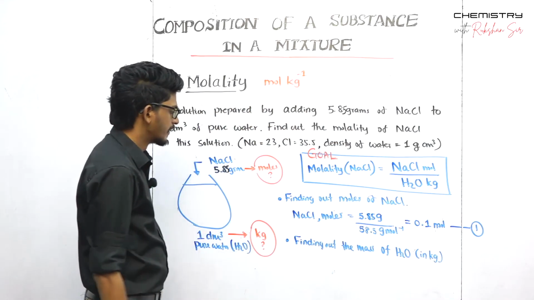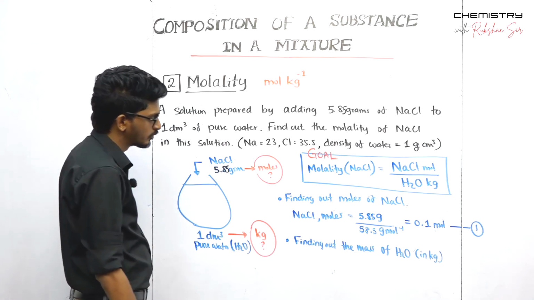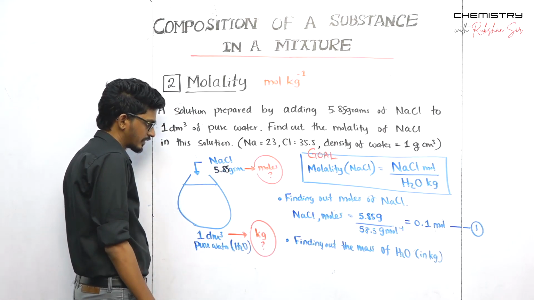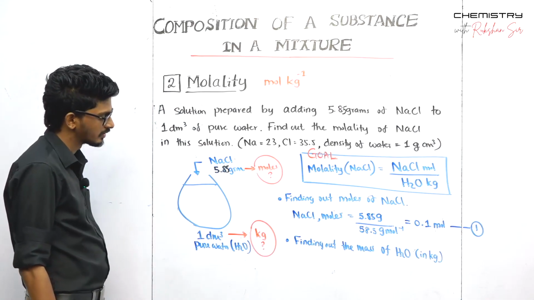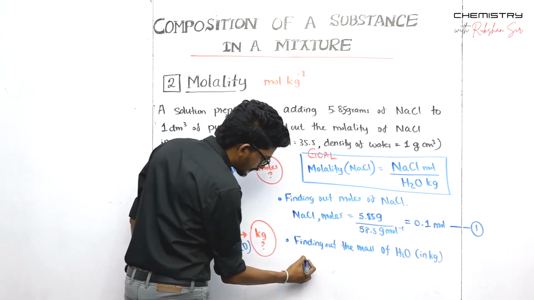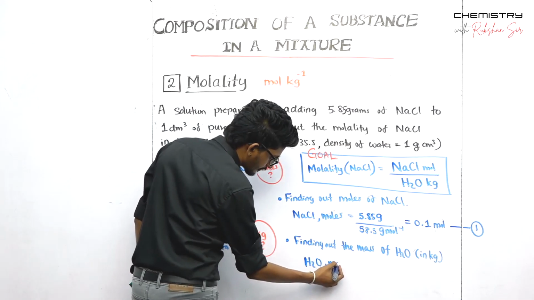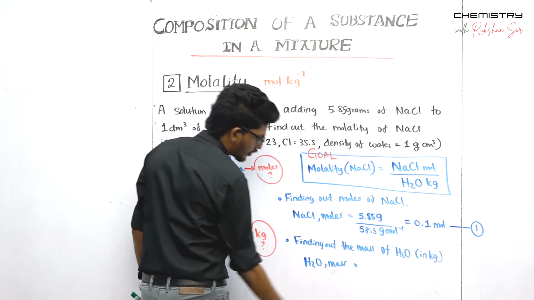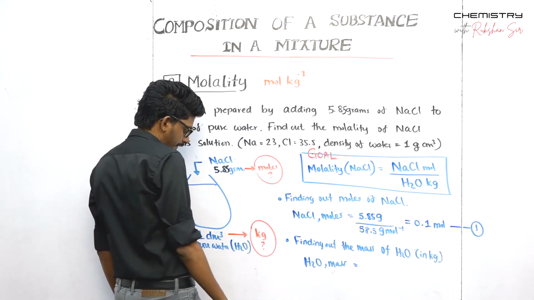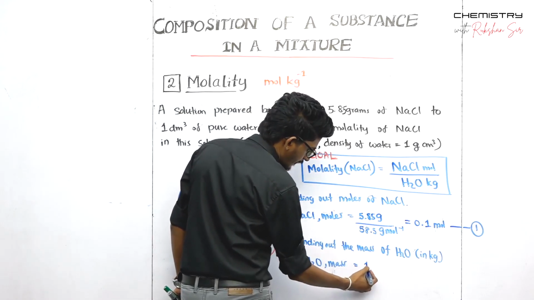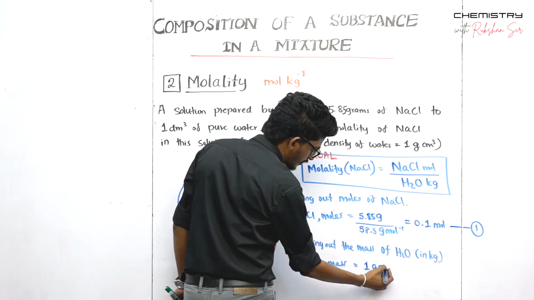So mass of the H2O can be found with the use of its density. So m is equal to dV, right? H2O mass: m is equal to dV. The density is 1 gram per centimeter cube